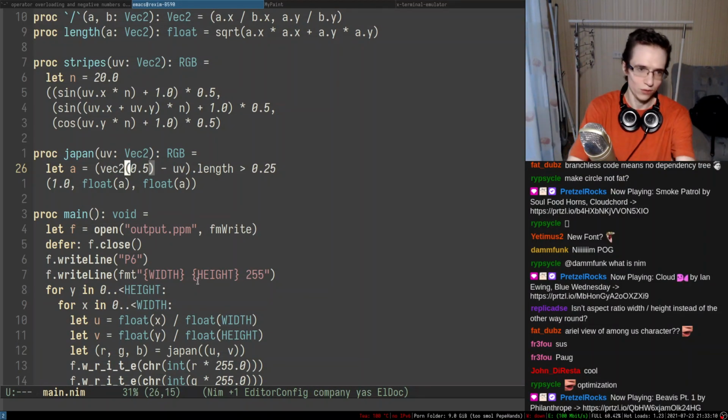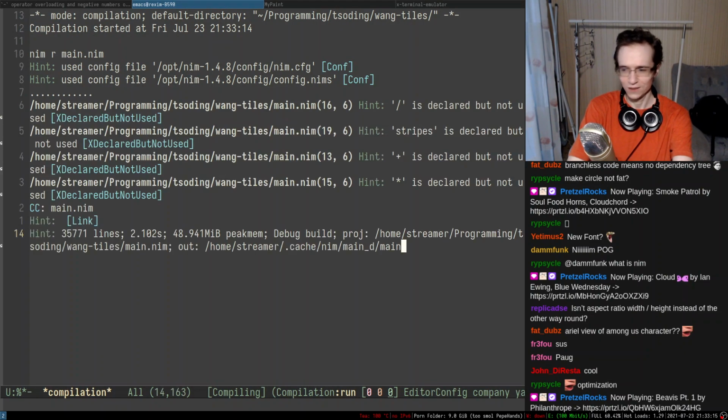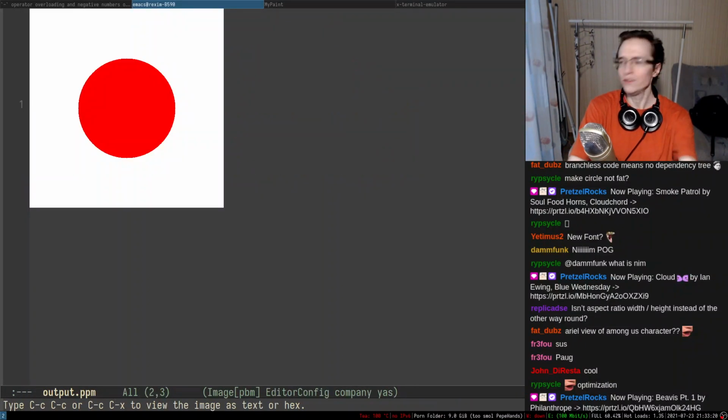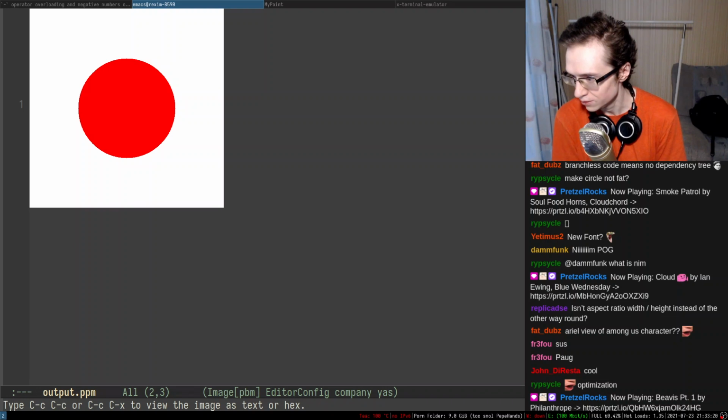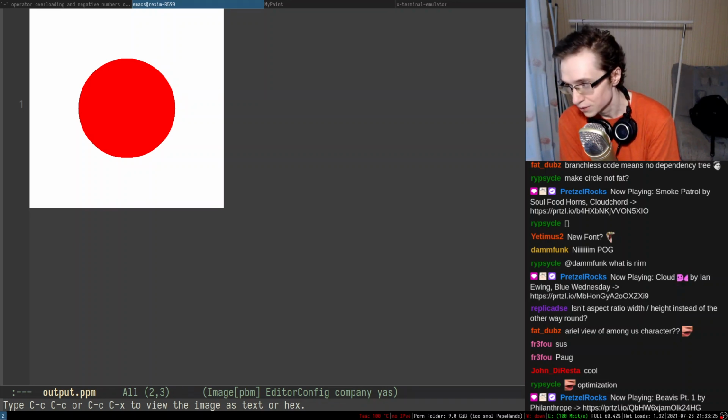Yep, it's actually way easier to read, I think. And this entire thing produces the Japan flag, right? The right abstractions at the right time make all the difference, Mr. Freeman. So it's pretty cool. It's pretty cool.